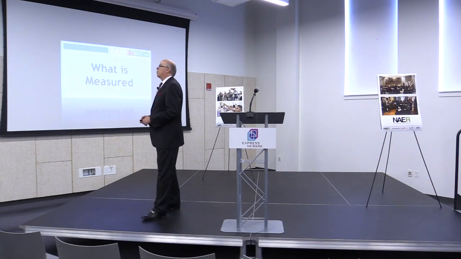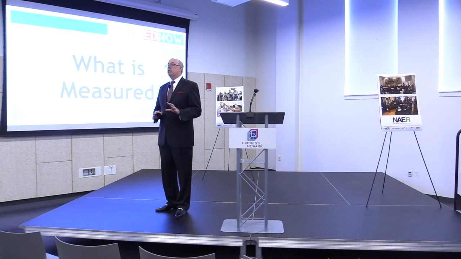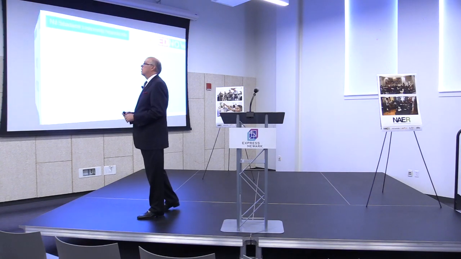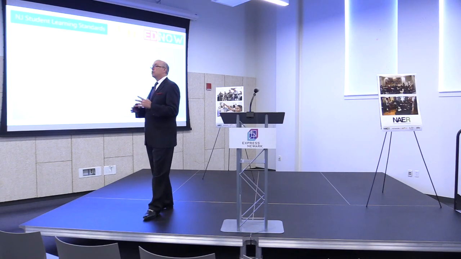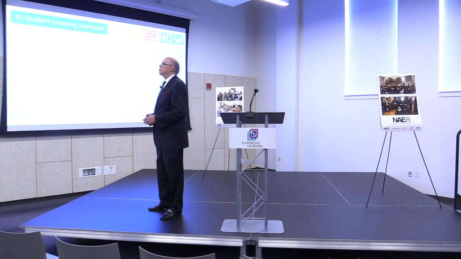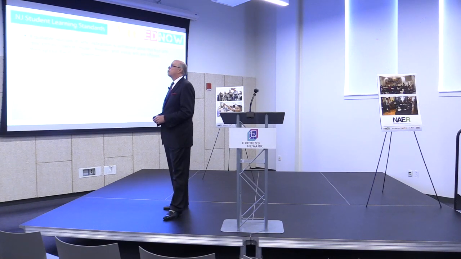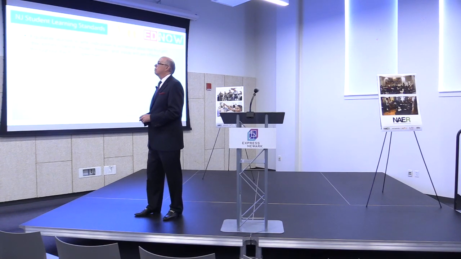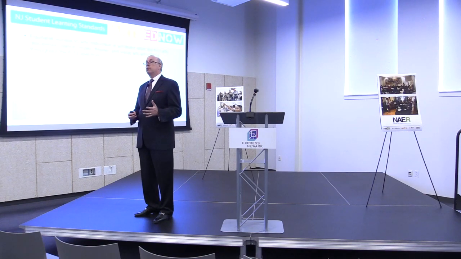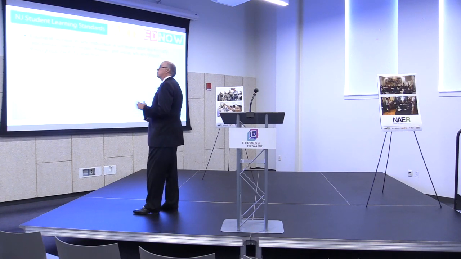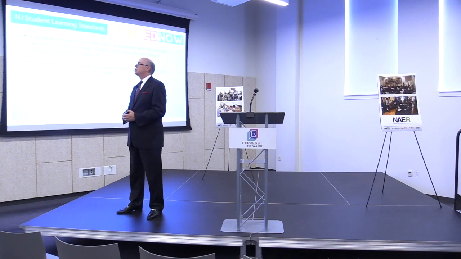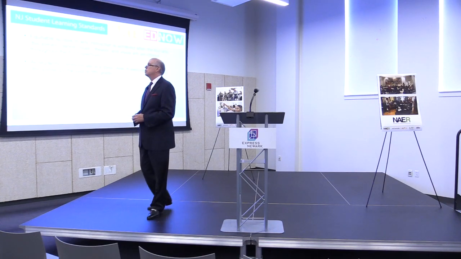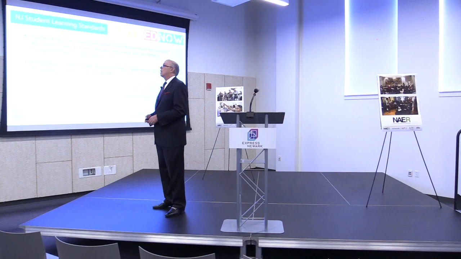So with that as the backdrop, I want to talk about what is being measured so that you have some context as to what we're talking about. And what we measure is the information that's provided to us based on state policies. And here in the state of New Jersey, it is state policy that equitable access to arts instruction is achieved when the 4 arts disciplines, dance, music, theater, and visual arts, are offered throughout the pre-K through 12 system. So there's an expectation that you have all 4, that all students are able to communicate at a basic level in each of the 4 arts disciplines by the end of the 5th grade,